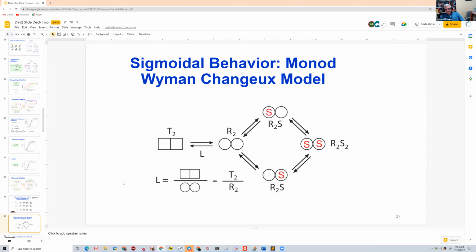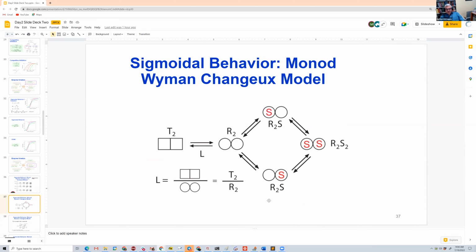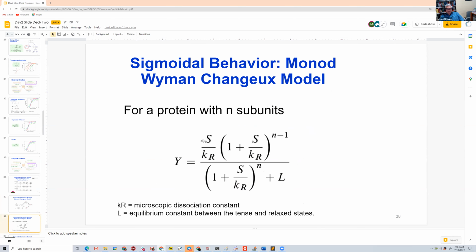This, for example, is a simple one. This is just a dimer, and I'm assuming that the square dimer doesn't bind ligand at all, and it's only the round one that binds ligand. If you work on this kind of thing and you try to derive the rate laws for this, you'll end up with something like this. Okay, and this looks somewhat vaguely like the Hill equation,